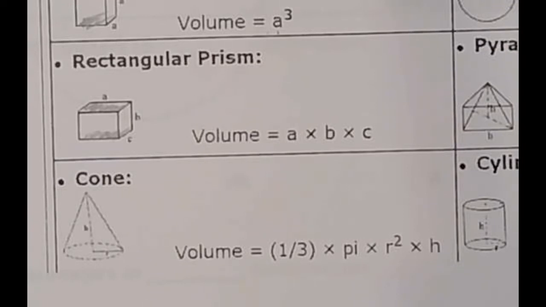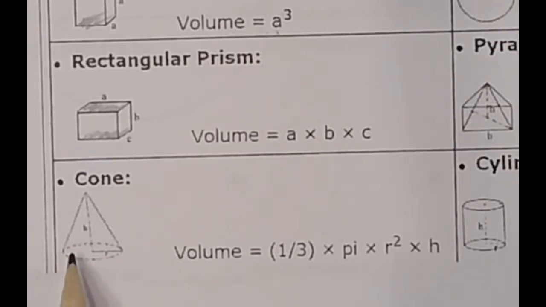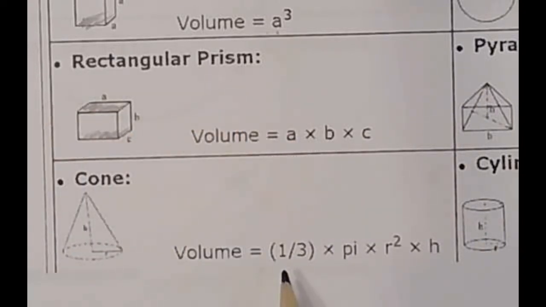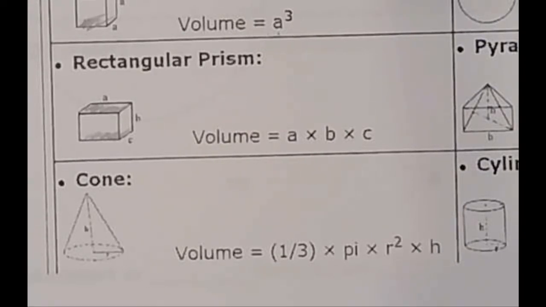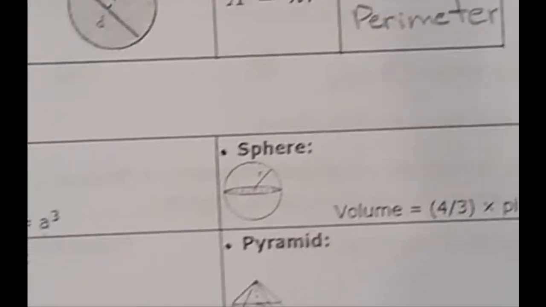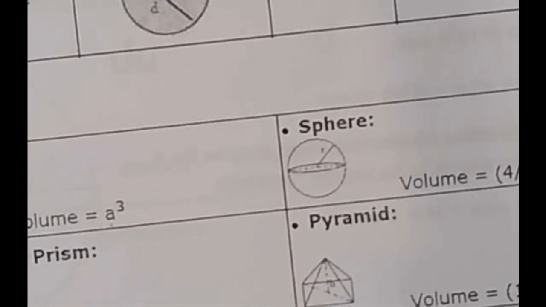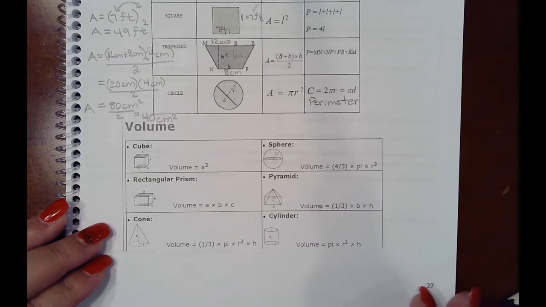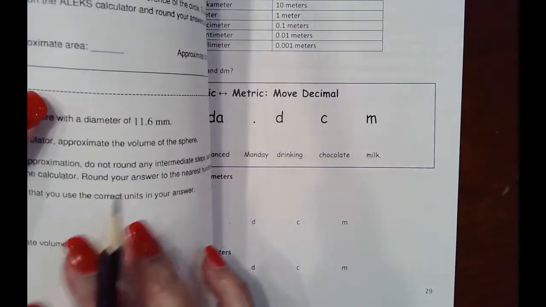This is a cone. Bottom is a circle. And this would be the formula for volume of a cone. Here for the volume of a cone, it would just be 1/3 times pi times r squared times h. So these are things that you may want to put on your formula card because there's a lot of formulas for area and volume. I'm going to bring this back down a little bit so we can see the rest of the page. Okay, so let's go to the next page where we're looking at